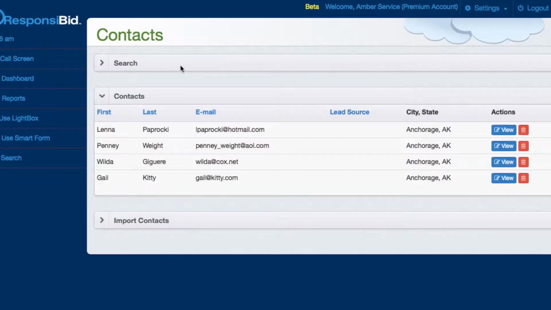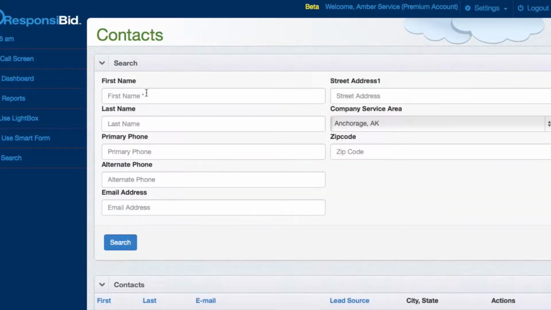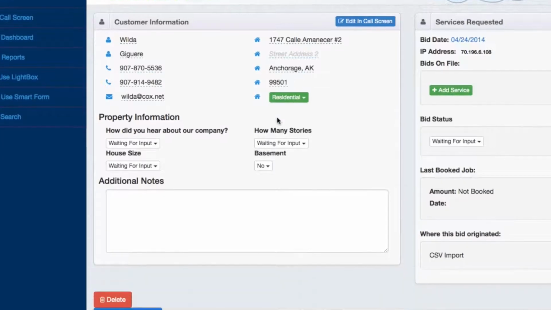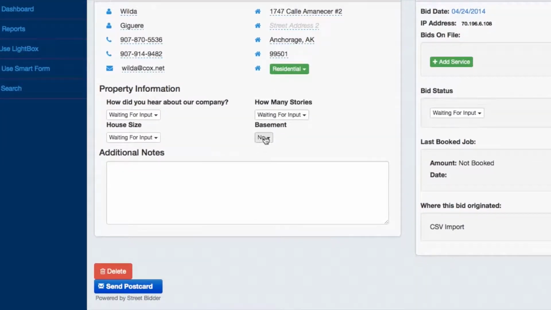Let's say we were looking for somebody named Wilda in Anchorage. So I could type in Wilda, hit search, and it's going to search off of both of those fields. So it's really neat. Not only that, but this person doesn't have a bid on file, it's just a person record. So we can click on View, go into Wilda's account,